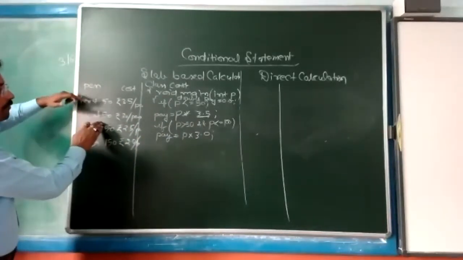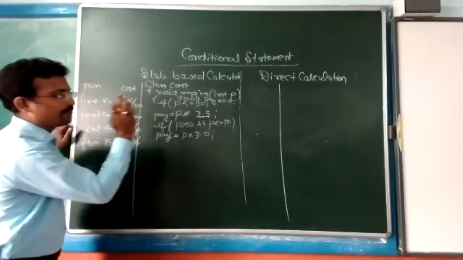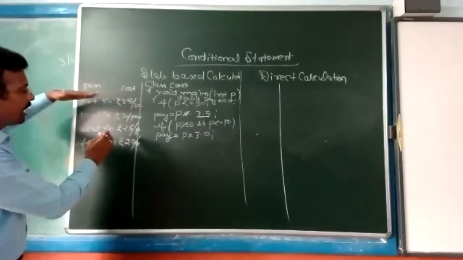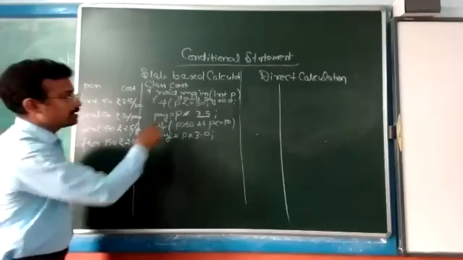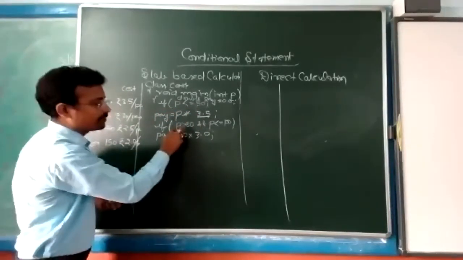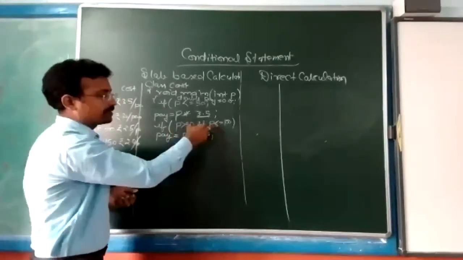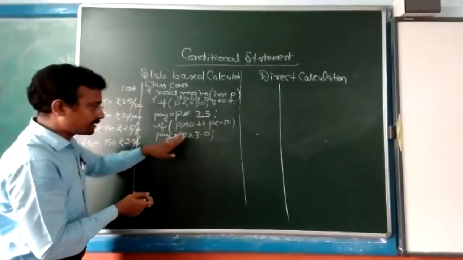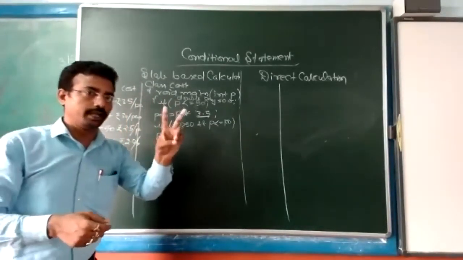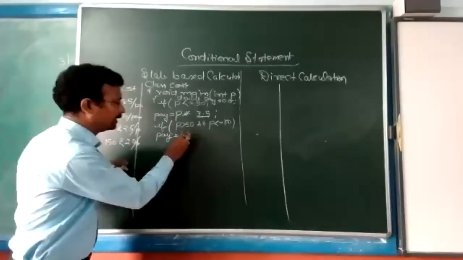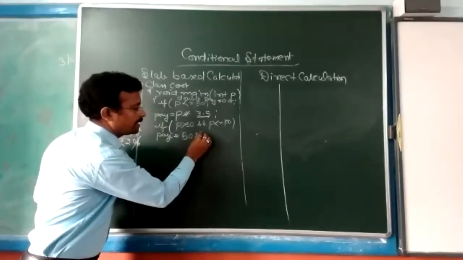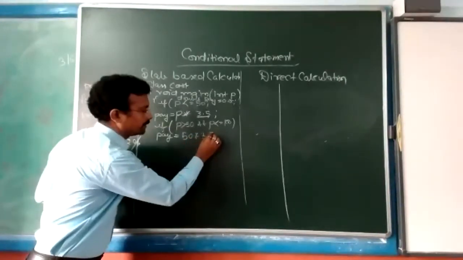See, suppose we have taken the P value as 75. So 75 means starting 50 and next 50. So here 75 is not going to be handled by the first condition. Control will come here. 75 is greater than 50. Yes. 75 is less than 100. Yes. In that case, control will come here. So you have to handle two things. Starting 50. So let's handle it. Starting 50 will be calculated by 3 rupees 50 paise.